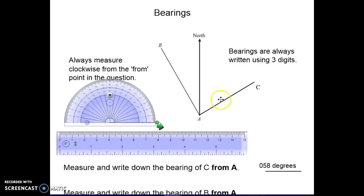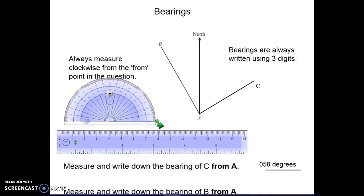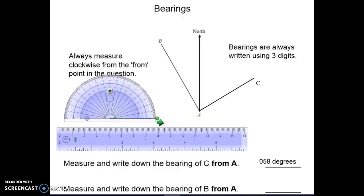So I've now written in my answer to part A of the question, 058 degrees. Now I'm going to take a look at the second part of the question, which is asking me to write down and measure the bearing of B from A. Now B is over here, and the line linking A and B has already been drawn. Now to do this, I'm going to have to measure this reflex angle,